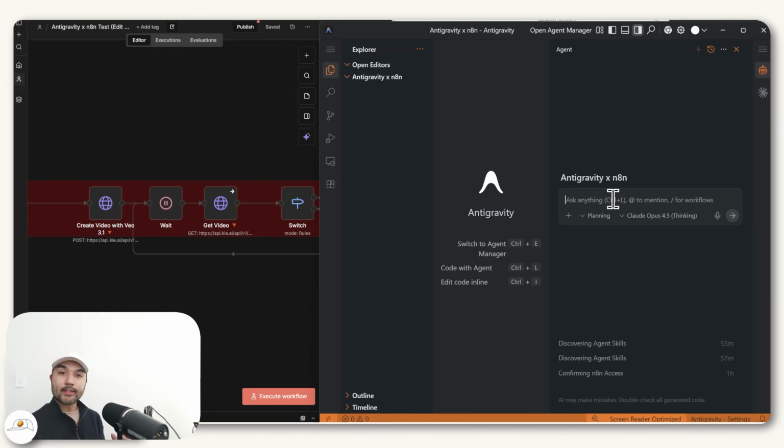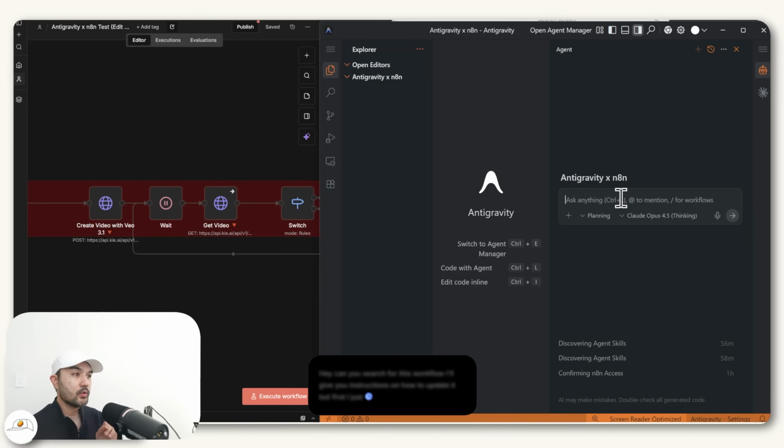directly. And because Antigravity is an agentic platform, all you'll really need to do to use it is to talk to it. So first, I'll check that it has access to this workflow. Hey, can you search for this workflow? I'll give you instructions on how to update it, but first, I just want to make sure that you have